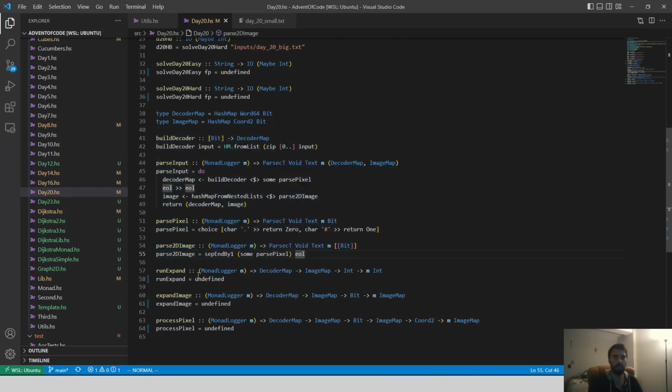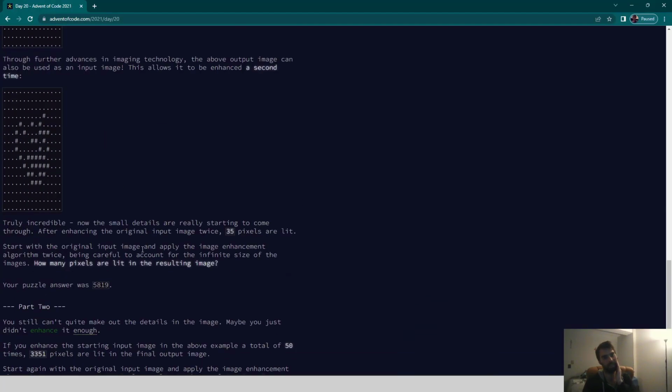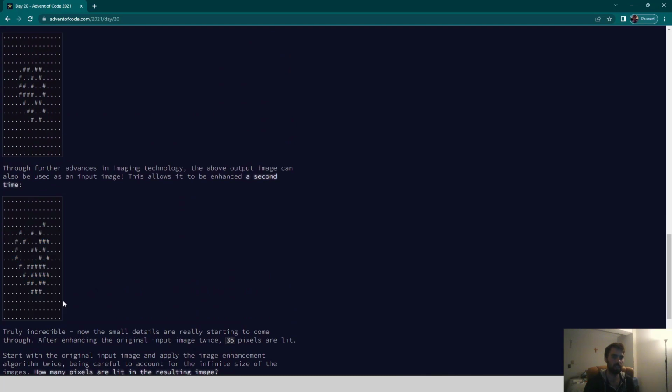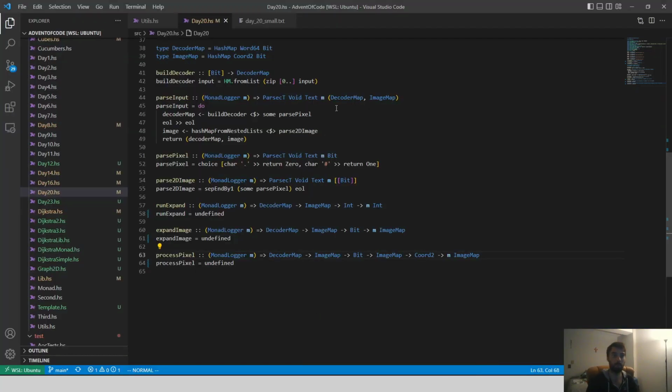It's not terribly complicated input. So now we want to do the algorithm. The algorithm gets a little complicated, mainly because of this argument. And I guess I'll bring up the problem definition because it illustrates this a little better. But basically, we're gradually expanding our image and enhancing it, and it gets bigger each time, takes up more space. But we have all these other pixels that are technically part of the image. And it is possible that these will also change. In fact, in one of our decoding keys, the one that we actually have for the big part of this problem,